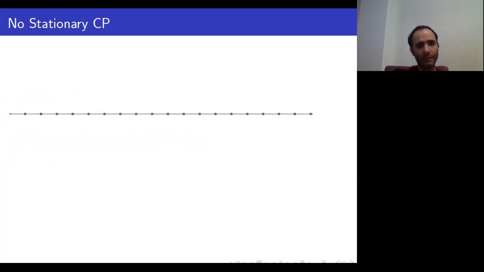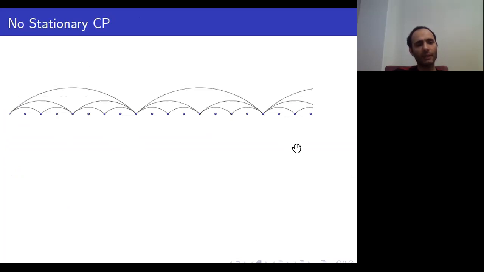So here is the example. Let's start with the graph Z and fill the upper half plane with a triangulation. Choose, for example, to connect the vertices alternately, choosing between the two options randomly, and then go to the next layer and choose between the two options randomly, and so on. This defines a triangulation of the upper half plane. This graph is unimodular since it is stationary under horizontal shifts.